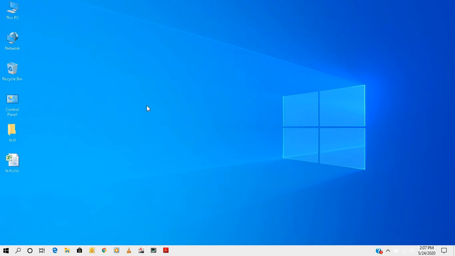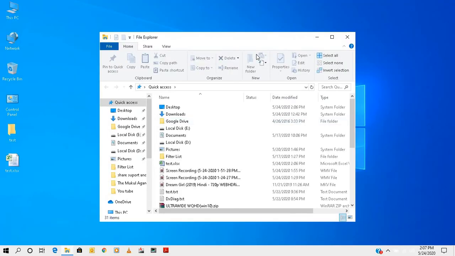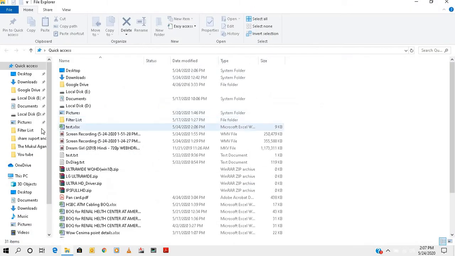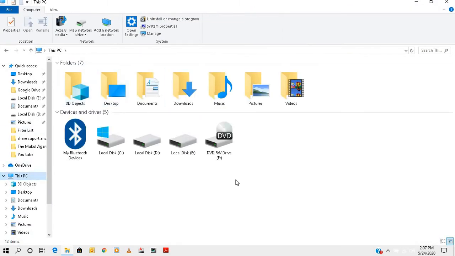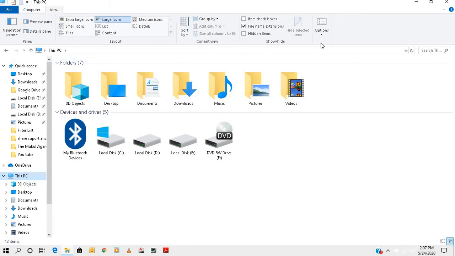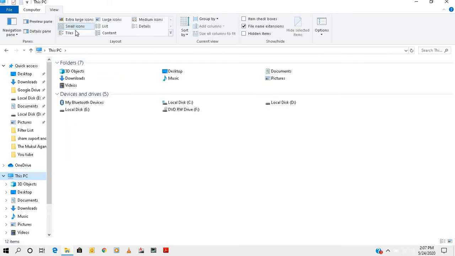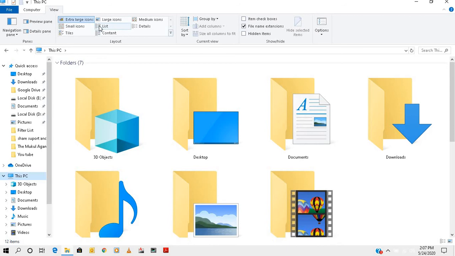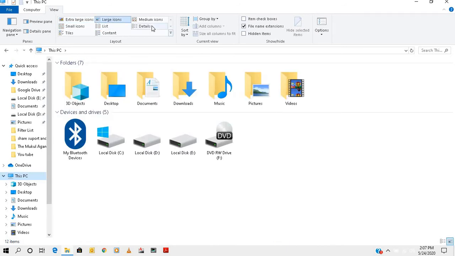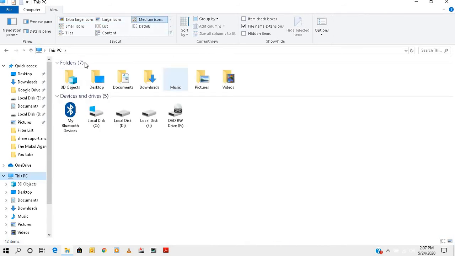So we are confused a lot of times. So where does this feature come from, friends? I will show you. You just go to any of your PC screens, open My Computer, and then go to the View tab. If you go to View, there are many options, like you can change your icons, change them to a list, a large icon, details, or medium icons. So this you can do from this tab.